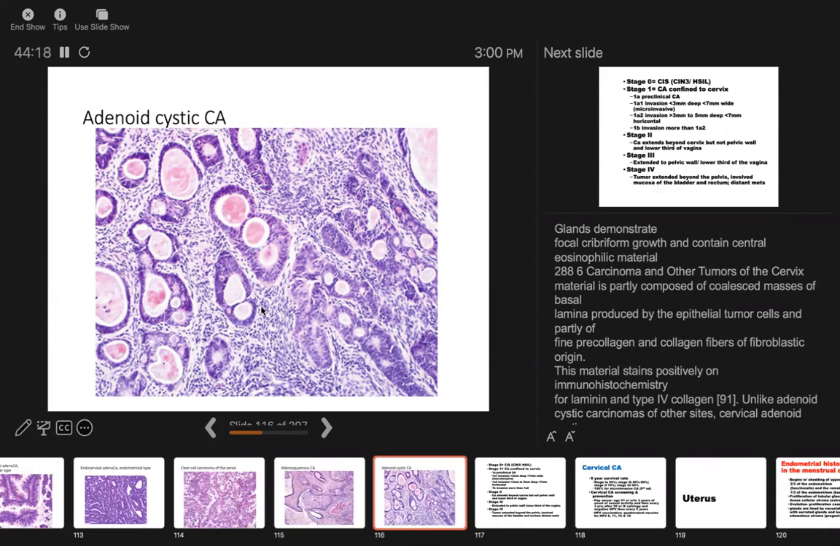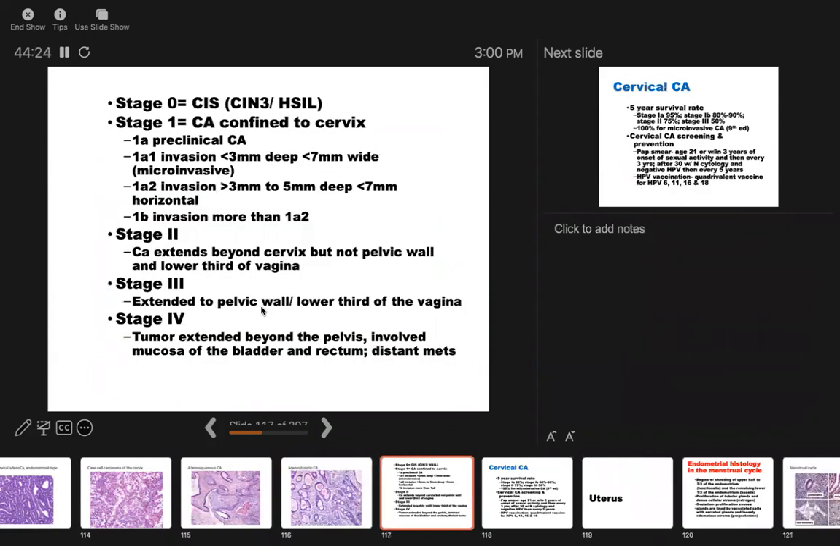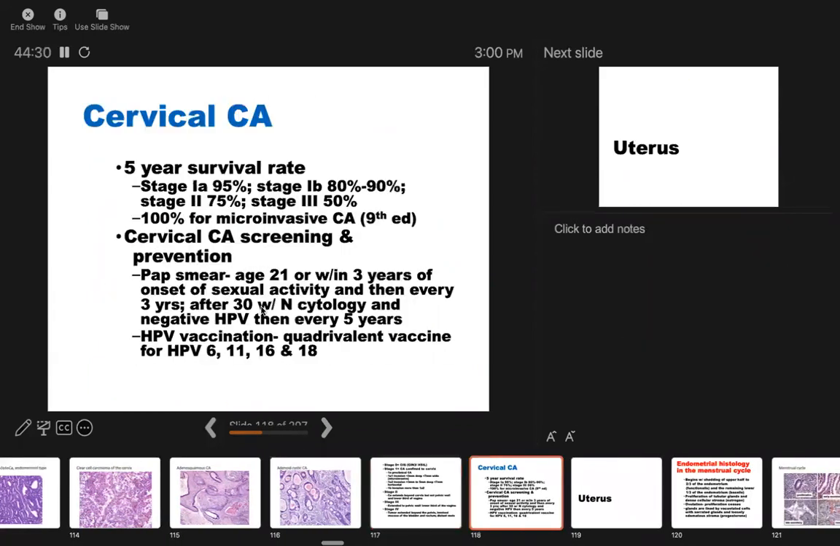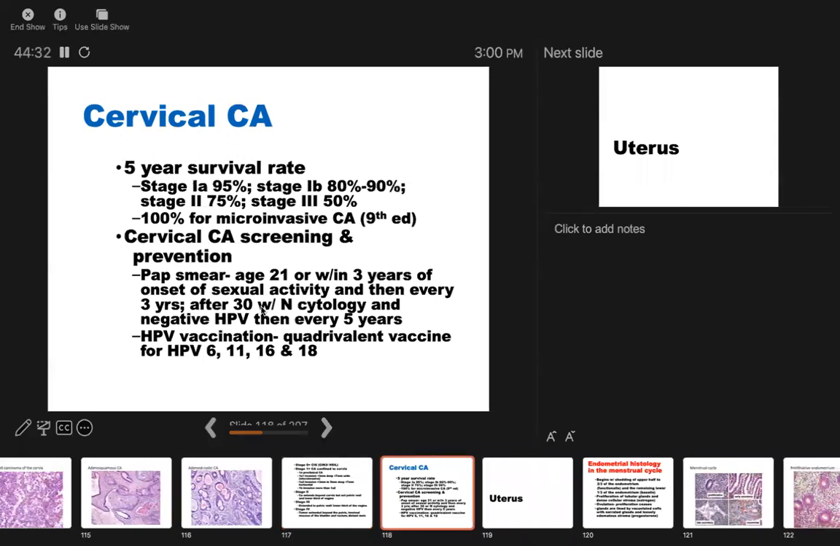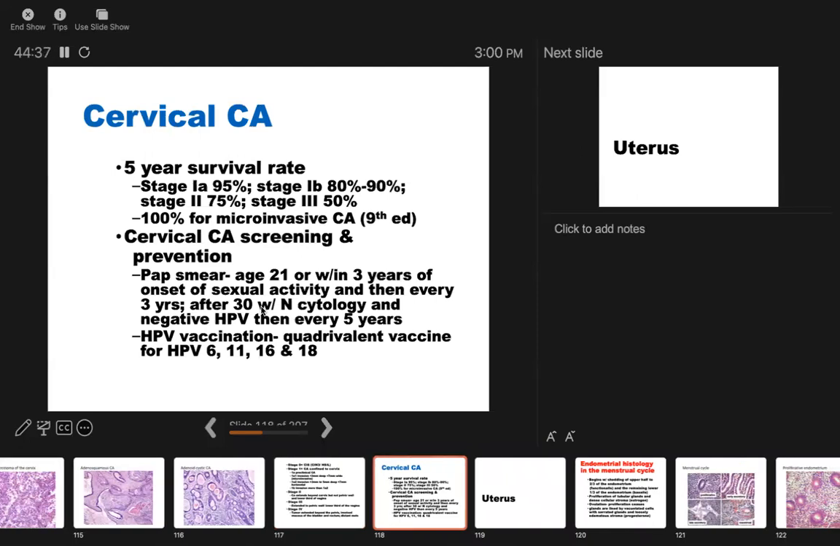So I have shown you the types, I have shown you the gross. Why? Because these things matter when you do the staging. The staging is very important for prognostication purposes. The 5-year survival rate is very important for you to know what to tell your patient. I hope at this point you have realized the importance